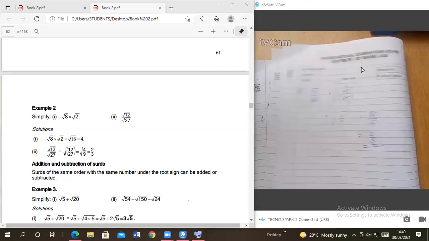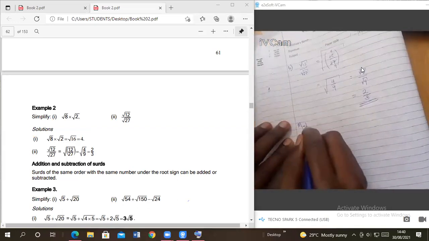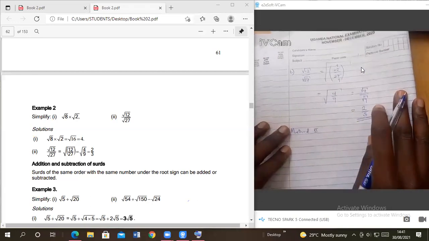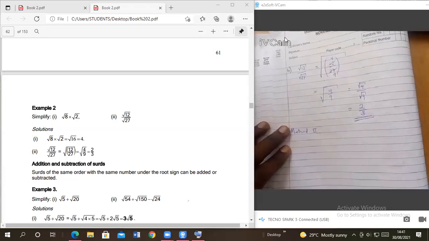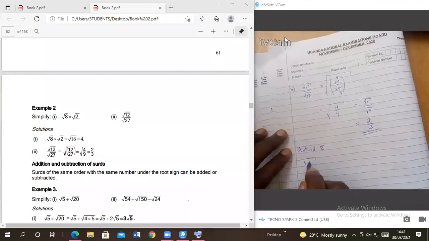Or alternatively, method 2. Members, I hope you are following me. What we can do is I say root of 12